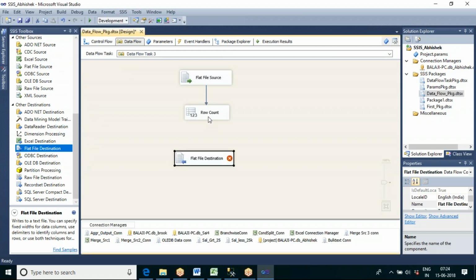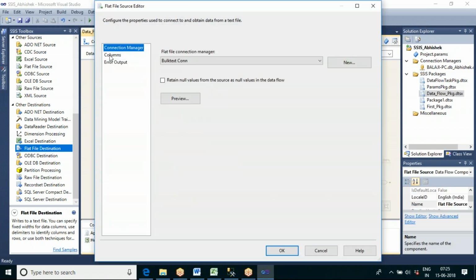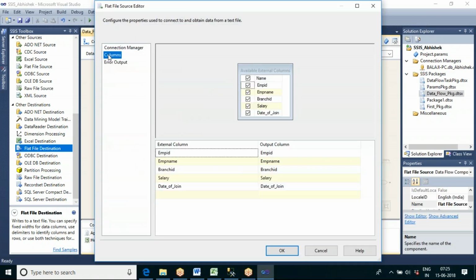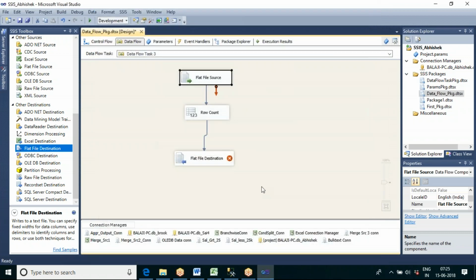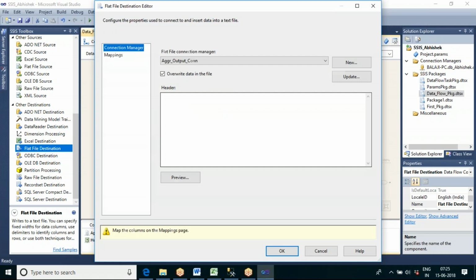It will give us only the column names present in this source as output. You can see here when I try to create a table or put it in a destination. So let us go for new.